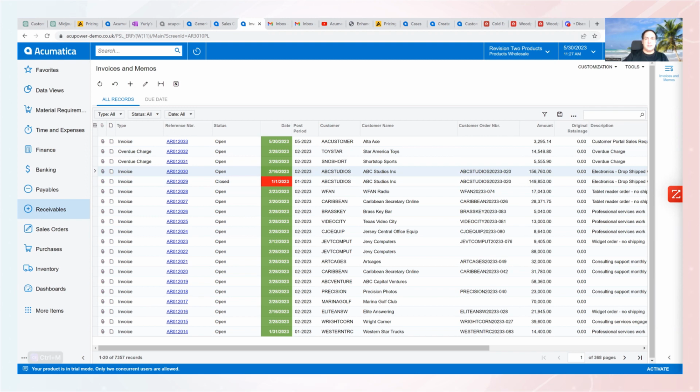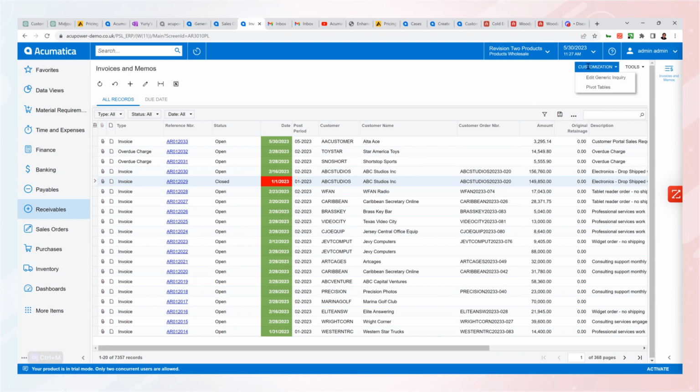The difference is that it was necessary for me to make sure that this cell will be in red if the date inside of it is bigger than 120 days. How can this be achieved? You can click in customization, edit generic inquiry,